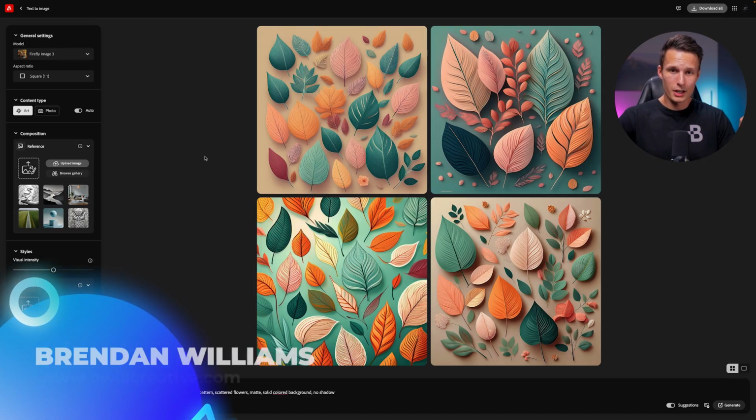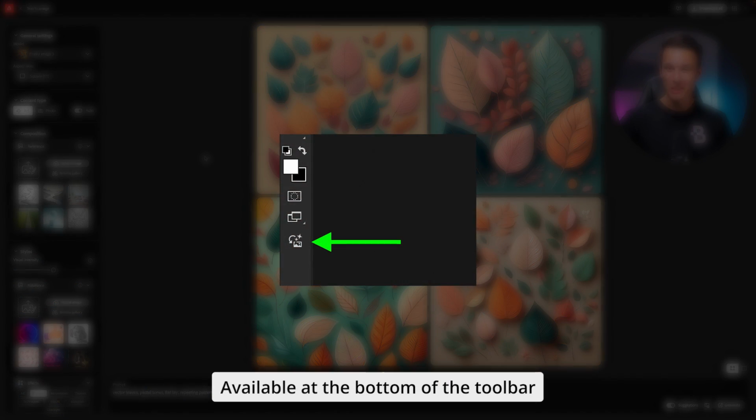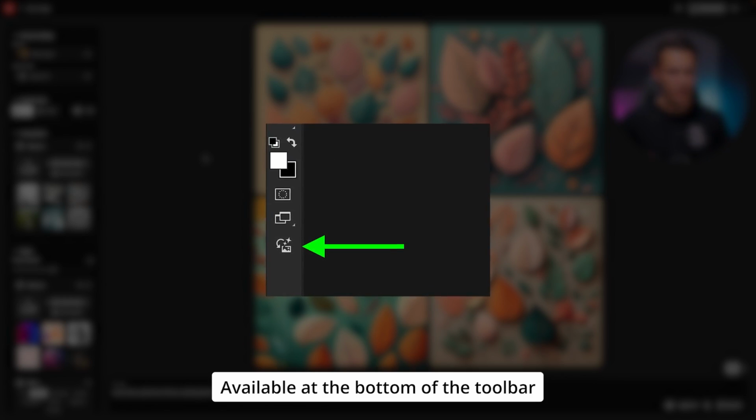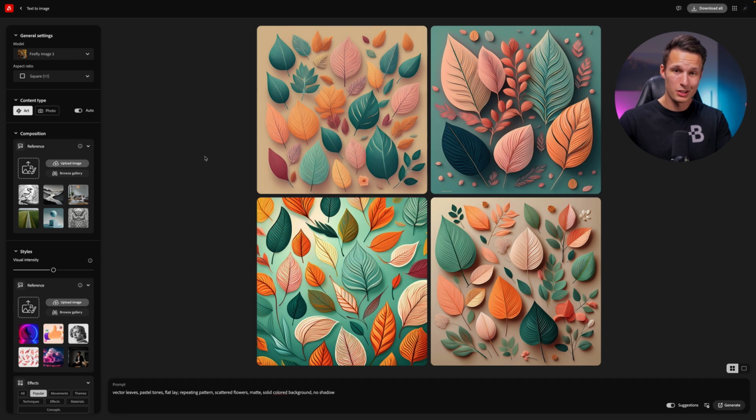Now here inside of Adobe Firefly, which is actually a website that you can access, this is where we're going to create our base pattern. Even though there is a generate image feature now inside of Photoshop, I have found that it doesn't really work as well for these repeating pattern prompts. So that's why I'm going to start inside of Adobe Firefly. If you have any Creative Cloud subscription, you'll have more than enough credits to play around with this. So you can try a bunch of different prompts until you find something that you're happy with.